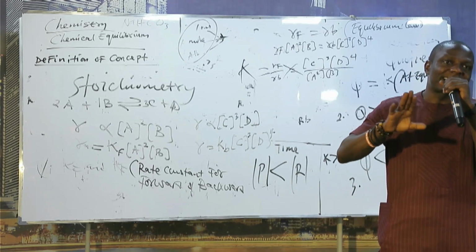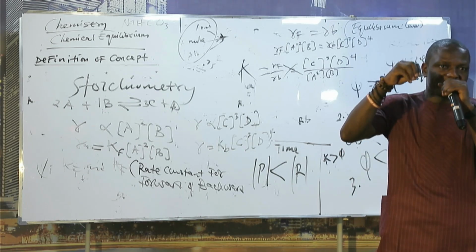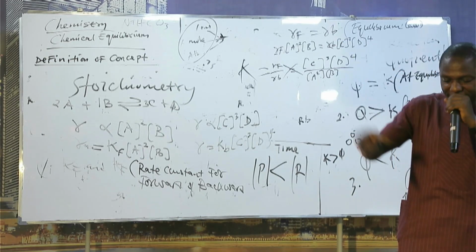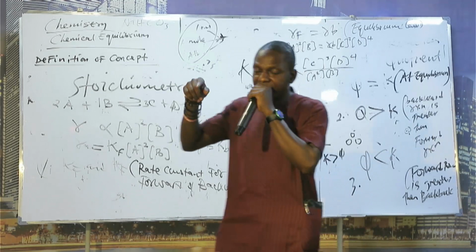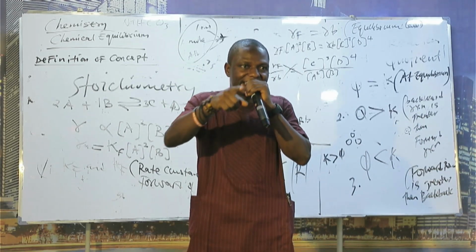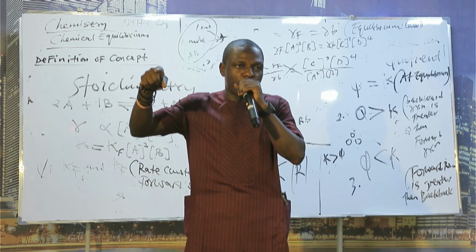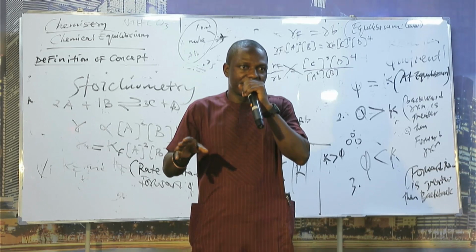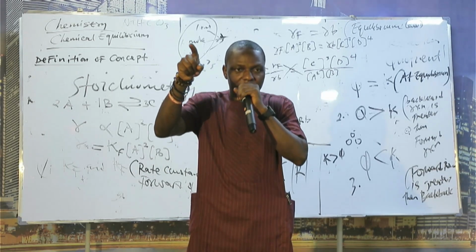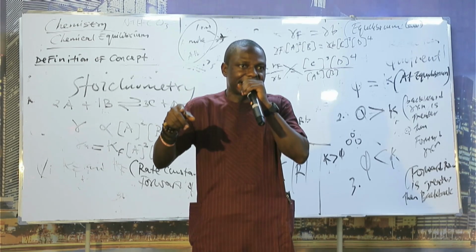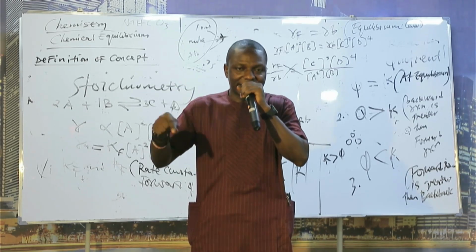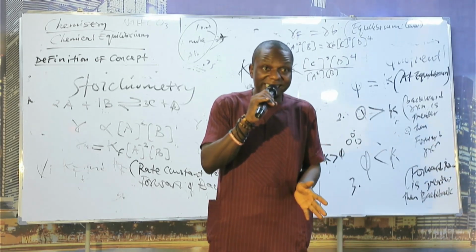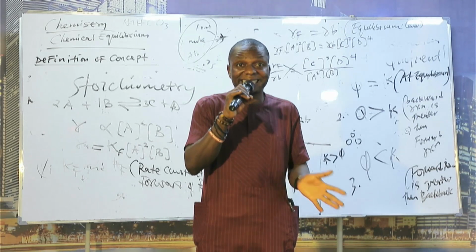JAMB did not allocate special time for your reading speed and reading rate. You know what is called reading speed? Reading speed is number of words over time, the number of words in a given passage over the time you use in reading it. It will give you a necessary output. Some people, when they are on reading speed, their output will be less than 0. When your output is less than 0, that means you are retrogressing. Retrogression means reading without equating it with understanding.